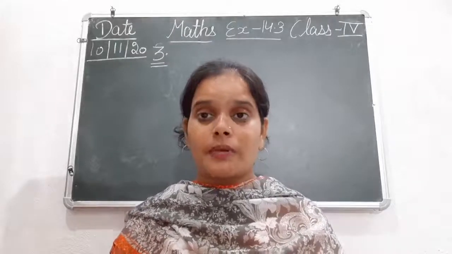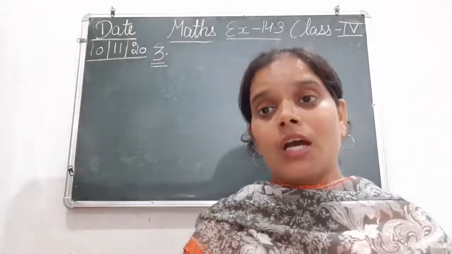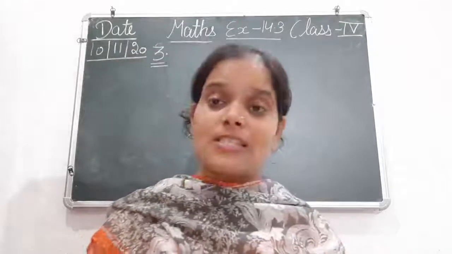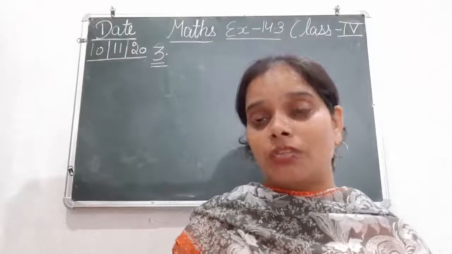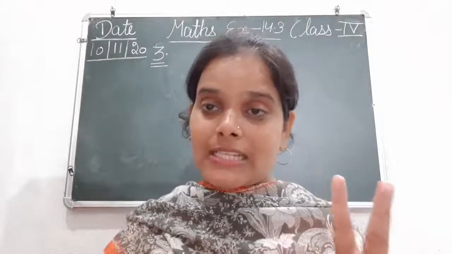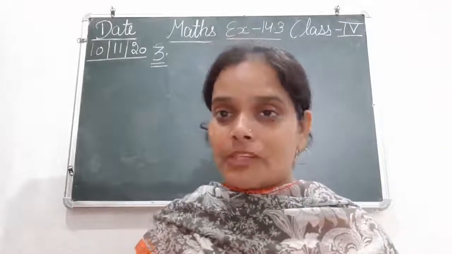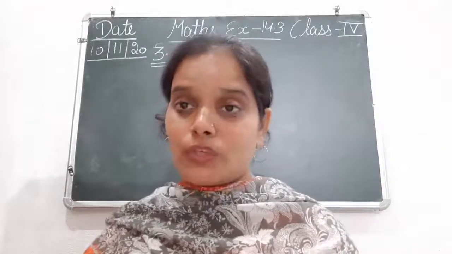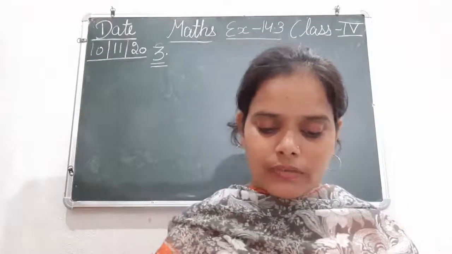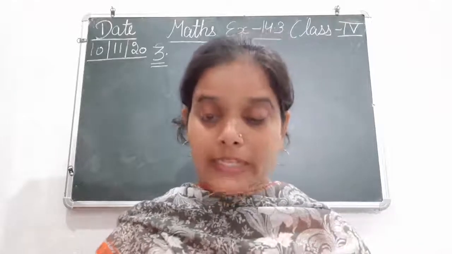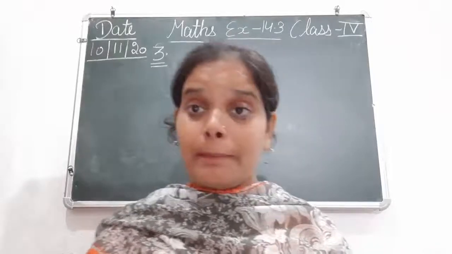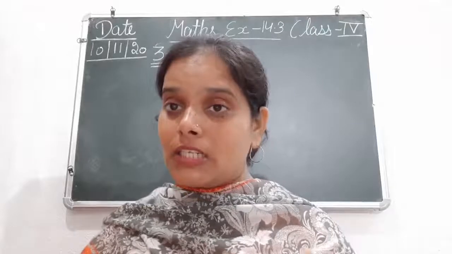तो देखिए जैसे question number 2 में हमें triangles, दो अलग अलग triangles की हमें measurements दी हुई थी. So just like that in question number 3, the measurements of two rectangles are given. दो अलग अलग rectangle हैं, उनकी measurements दी हुई है. Okay, and what we have to do is we have to find the perimeter. So the length and the breadth of the rectangles are given below. Find the perimeter. So देखिए, the first one is length is 250 meter and breadth is 180 meter.